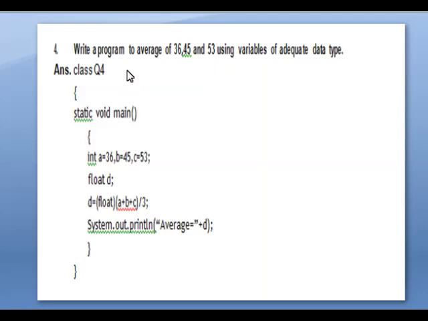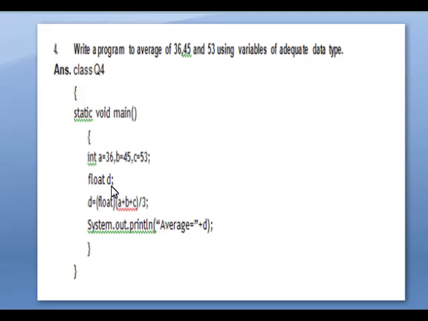All these values are integers, so it is int a equal to 36, b equal to 45, c equal to 53. Then if we find the average value, it will be a decimal value or an integer value, according to the calculation. So mostly we will get values with decimals, so we will take it as a float. Okay, so this is the variable to find the average.